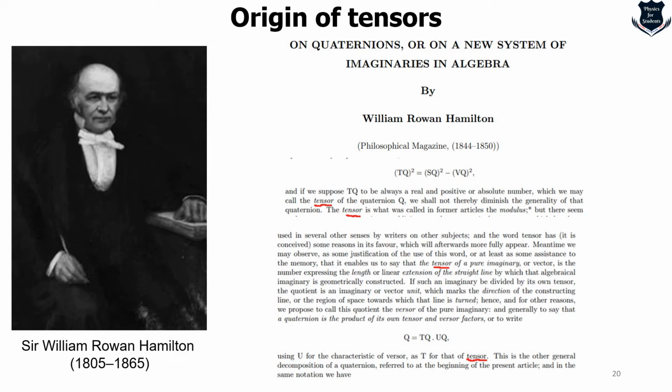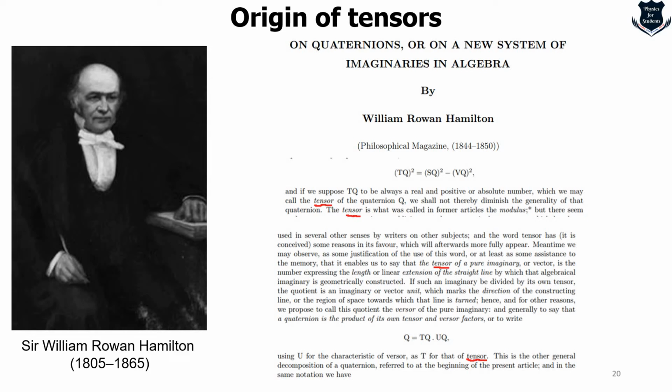So Hamiltonian mechanics reformulated classical mechanics, and this framework influenced the later development of tensor calculus, especially in the context of general relativity and what we call continuum mechanics. So there are other physicists. I won't take time to expand on that, but this was the origin. And as you saw, Woldemar Voigt